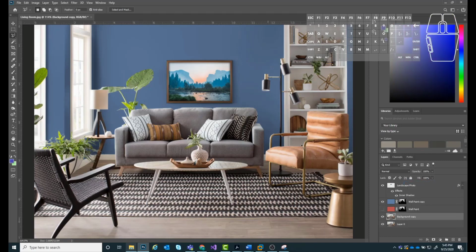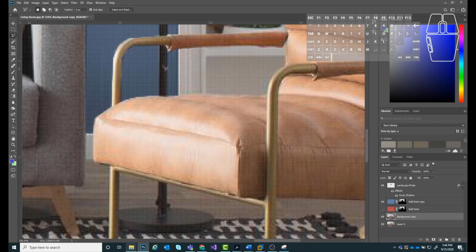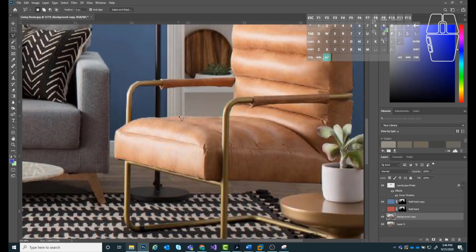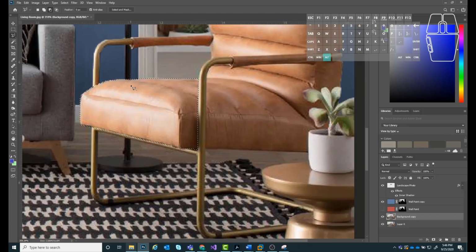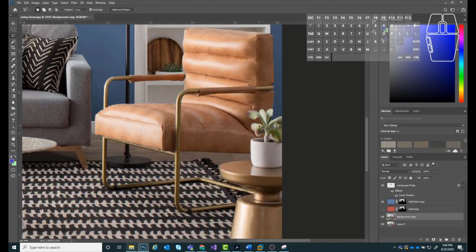All right. So with the layer mask deleted, I'm going to go in here with this layer selected and I'm going to start creating some selections around portions of this chair. So to start out with, I will go in and I will select the front part of this chair. Like that. And then at this point, what I'm going to do is add in my adjustment layer